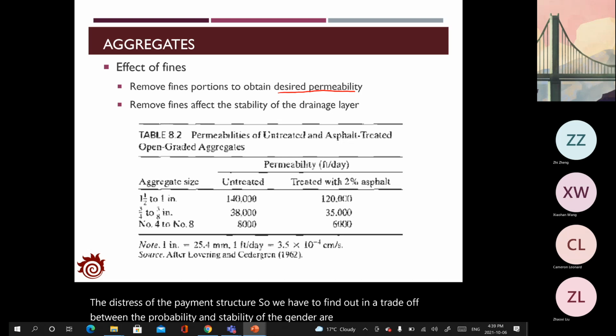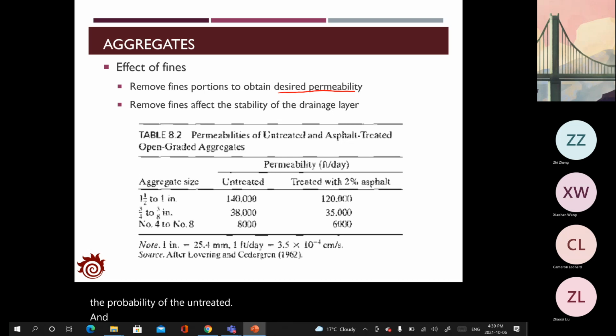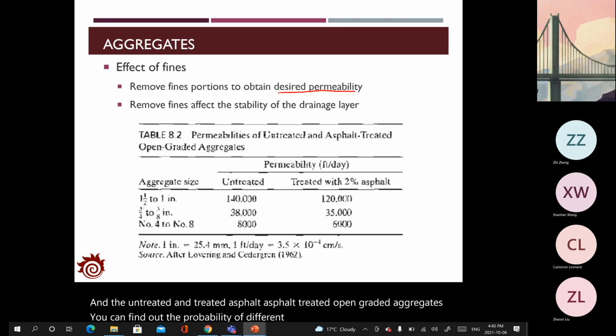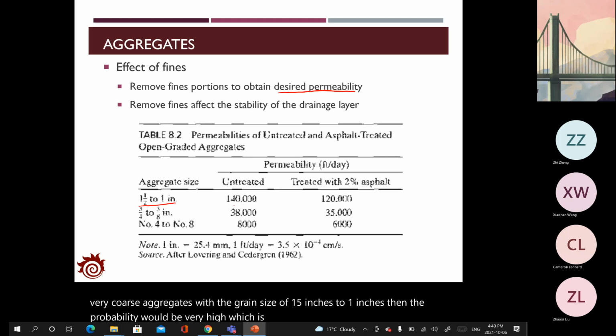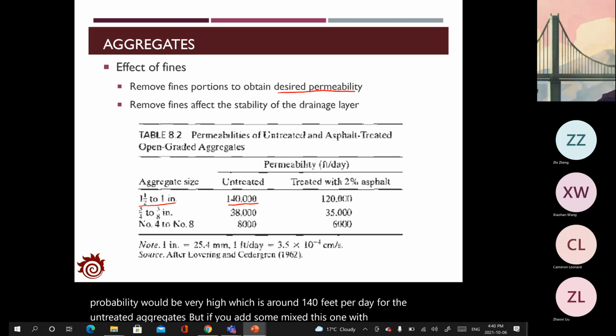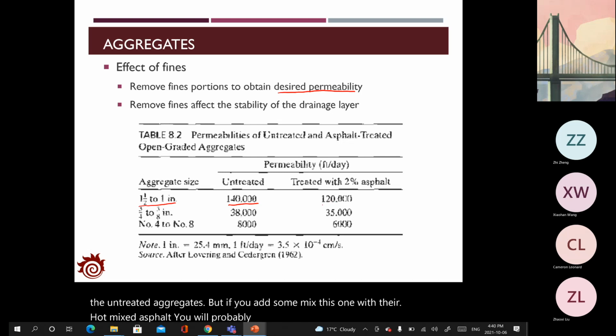The table below shows the permeability of the untreated and asphalt treated open graded aggregates. You can find the permeability of different grain sizes. For example, if you have very coarse aggregates with a grain size of 1.5 inches to 1 inch, then the permeability would be very high, which is around 140,000 feet per day for the untreated aggregates. But if you mix this with hot mix asphalt, you will probably reduce the permeability slightly